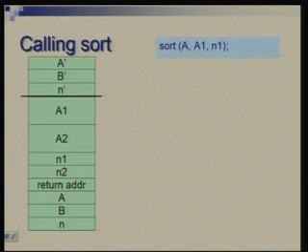Okay. Now, we go to the sort function, and particularly we look at the point where sort is being called recursively from within the function. You would recall that there are two calls to sort, and we look at the first one of these. So, once again I will imagine that there is an activation record which corresponds to the current invocation of the sort function.